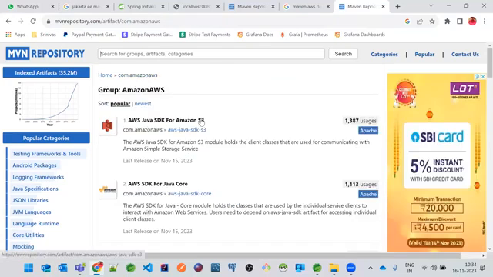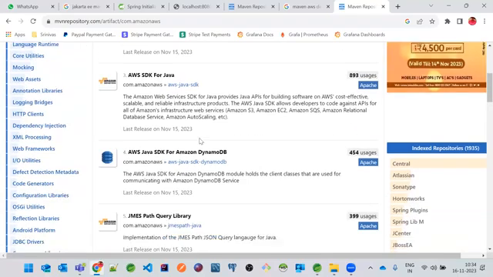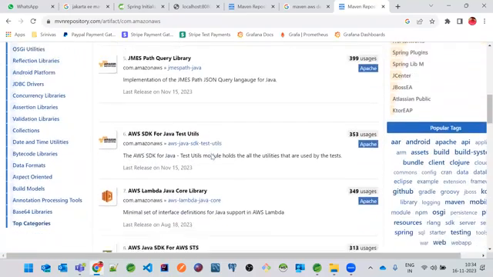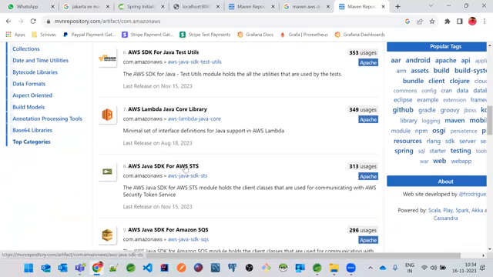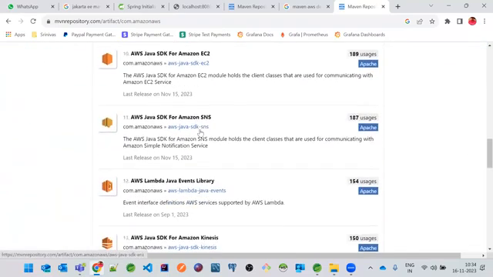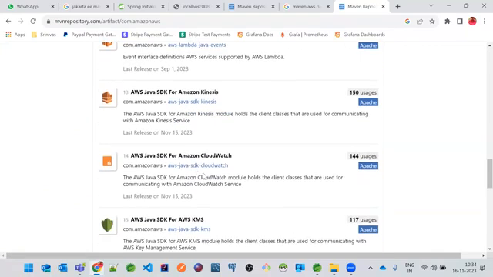If you want to use Amazon S3, you can just add AWS Java SDK S3. And if you want to work with the plain SDK for Java, the SDK for core Java is also there. If you want to use DynamoDB, you can add AWS Java SDK DynamoDB. And if you want to use AWS STS, this is something related to the key store. And this is EC2, if you want to use EC2. And SNS is just like a Kafka alternative. All these dependencies are already there over here, Murli.